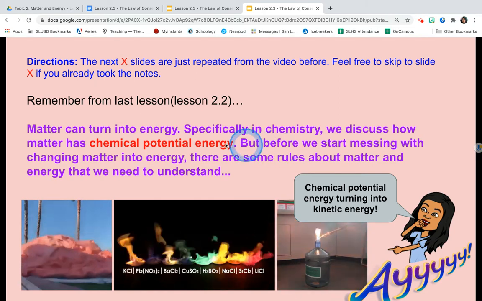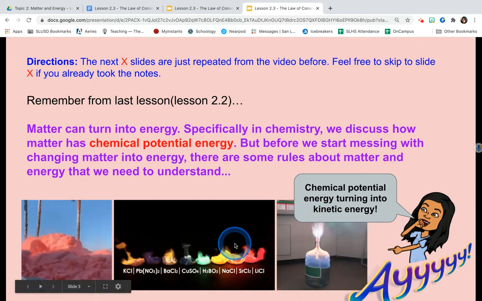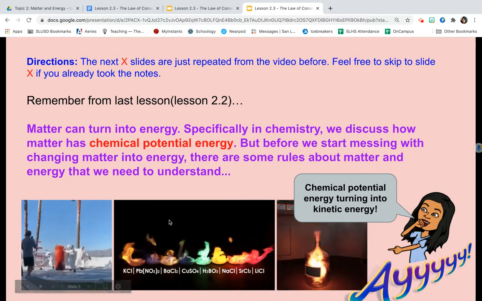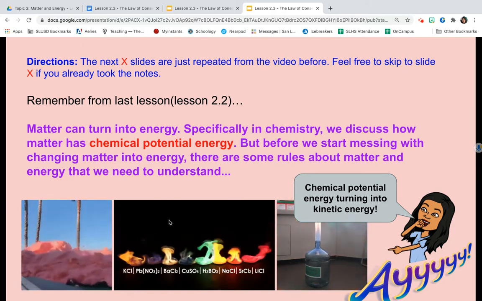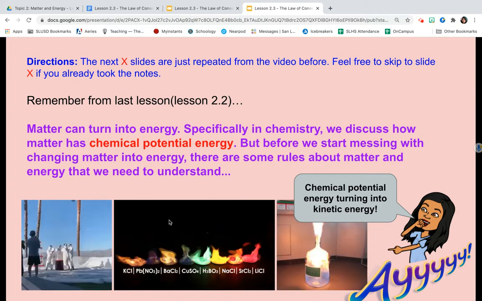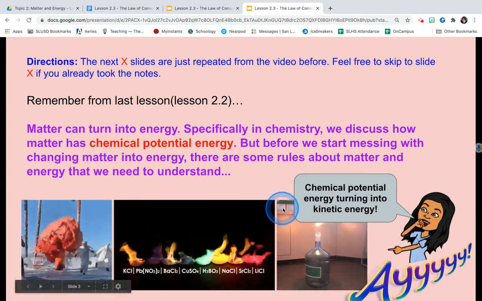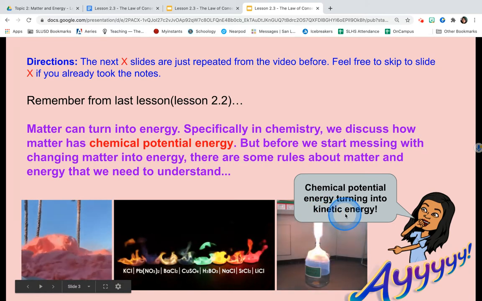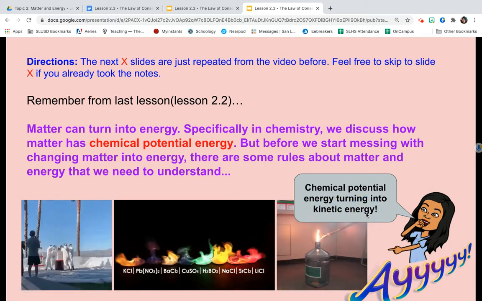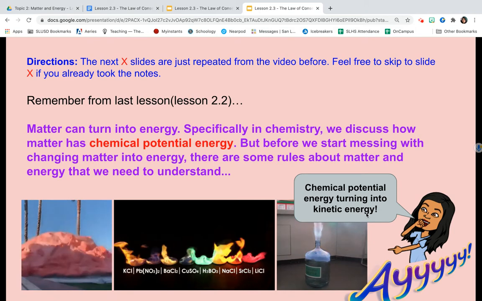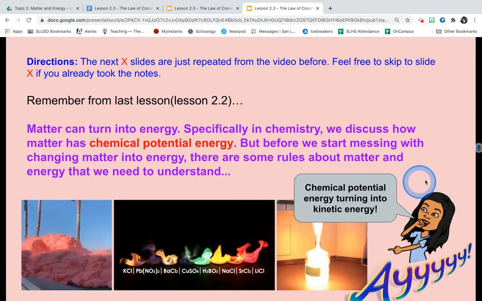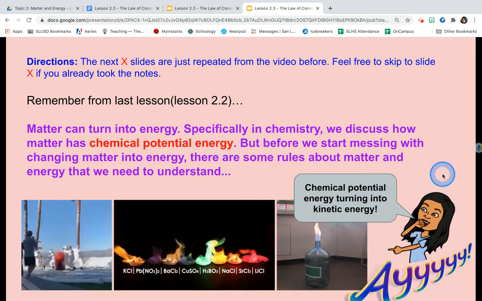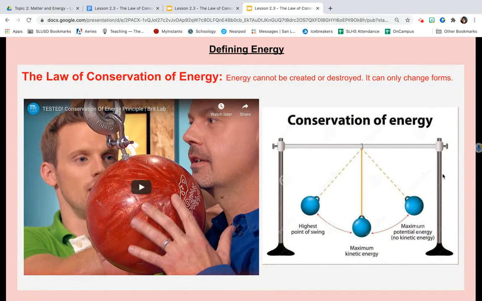So all of this, we can see that there's chemical potential energy because it's a chemical reaction. We're mixing two chemicals, making one or more new chemicals, and they're all moving and creating heat, so it's creating some sort of kinetic energy. Oftentimes when we consume food, we also feel more energized and able to move more. So that's one way that we can see energy, through the foods that we eat. So let's talk about the rules.